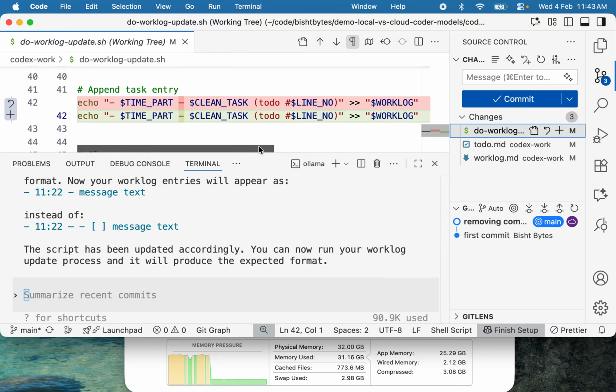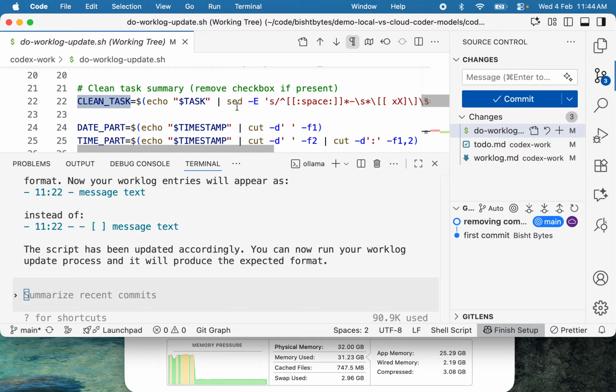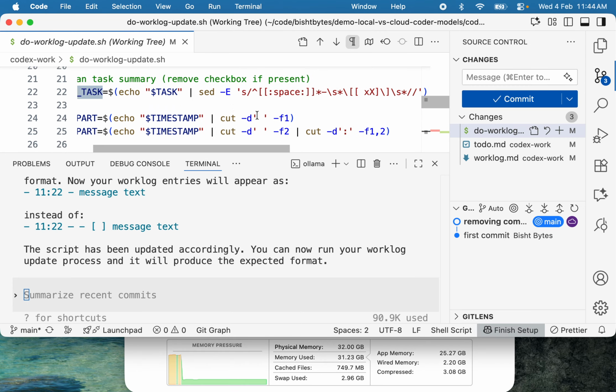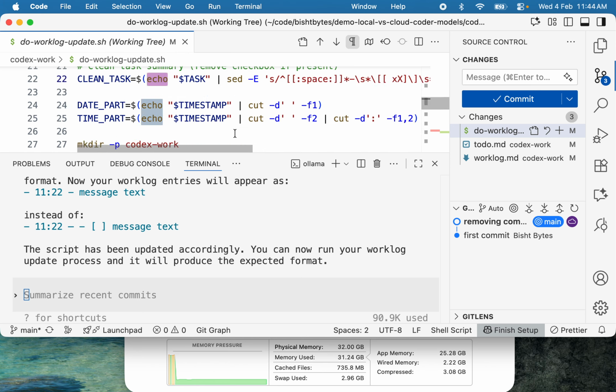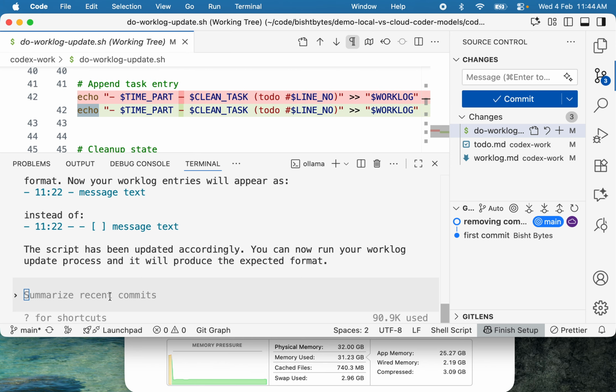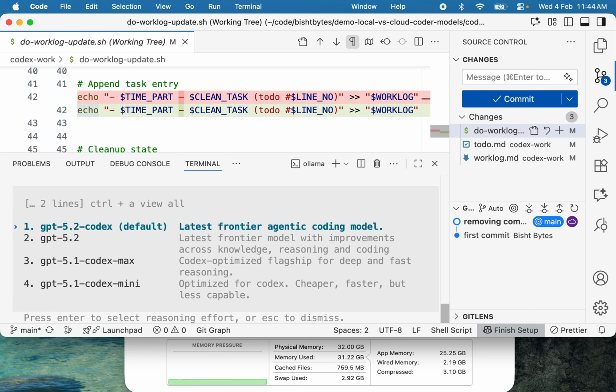Yeah, so I don't think this will fix it, because the problem is the way clean task is being used here, which is what is causing the problem in this particular line. So the fix that it has made is not correct, and let me switch the model and try with,